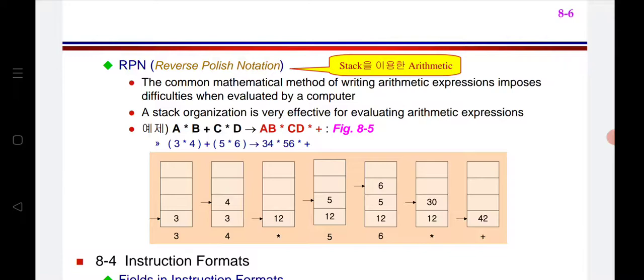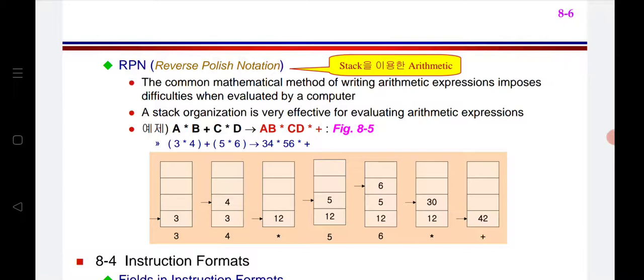So what happens? The a into b value will be there. Next the c into d value will be there. Later we perform a into b plus c into d. Let us take one small example: 3 into 4 plus 5 into 6. What is my postfix notation here? 3 4 into 5 6 into plus. First, 3 into 4 we do and place in memory. Next 5 into 6 we perform and place in memory. Later both the values will be added.